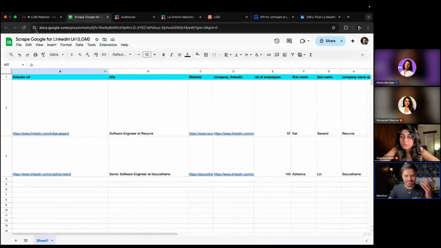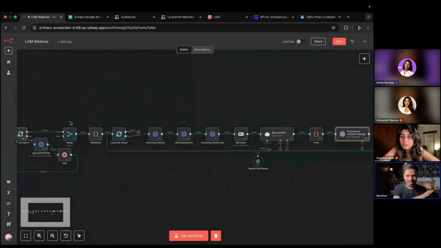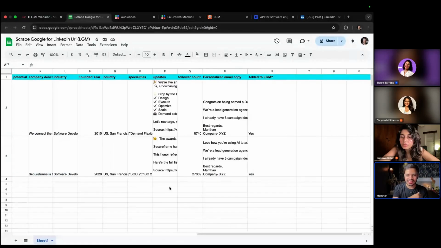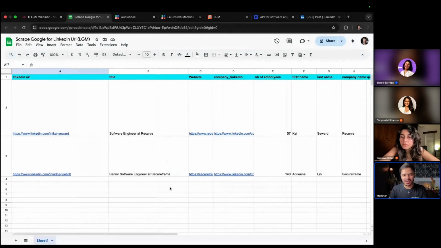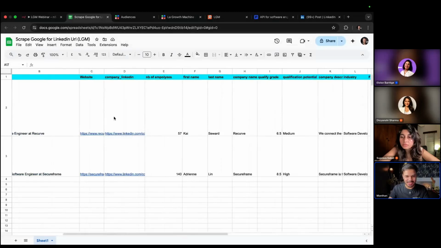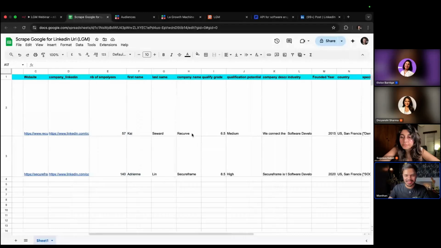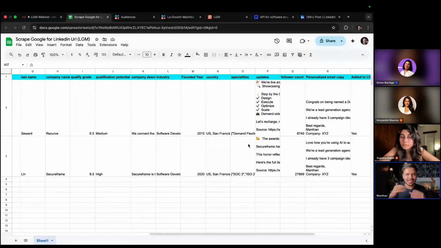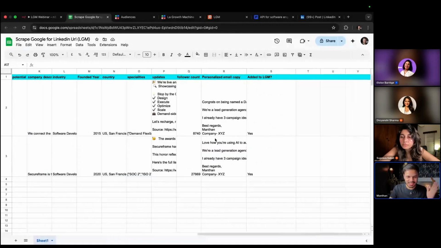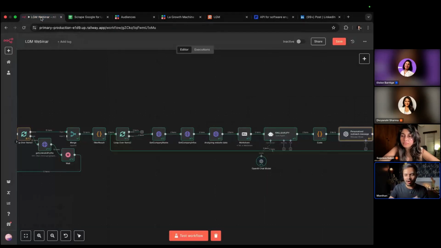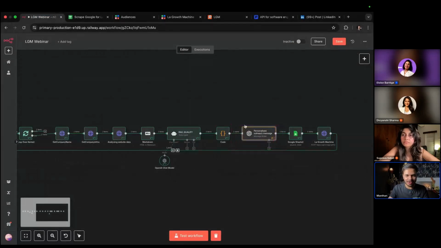So as you can see, just by scraping off Google, we are able to find literally all of these data points that we can use inside our LGM campaign. For example, we will get the LinkedIn URL, the title, the first name, last name, the number of employees working at that company, where they are working, their company domain, and the company LinkedIn URL. Same goes for the company description. Literally, you can add as many data points as you like. I'm just keeping it limited to only updates and follower count. After that, the hyper personalized email copy or outreach message that we create, we will add right over here.